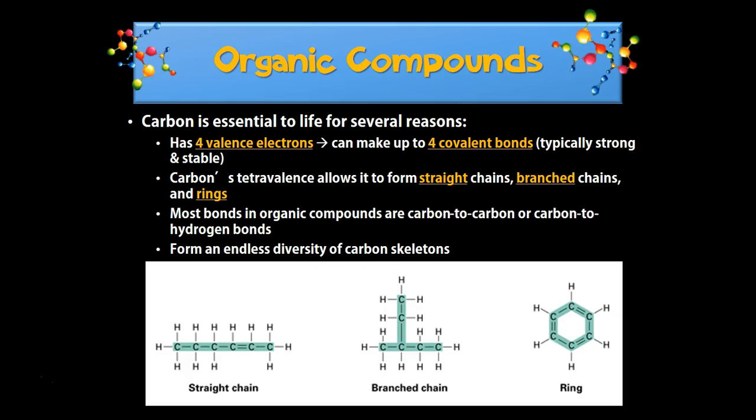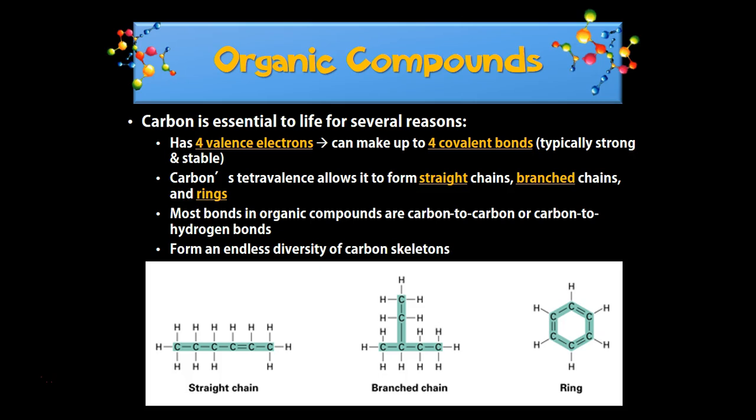So, why are we carbon-based life forms? Why is carbon, of all the elements on the periodic table, one that ends up being this basis for the molecules that we see in living things? And this really comes down to several properties of carbon itself. One of which is the fact that carbon is what we call tetravalent, or has 4 valence electrons, and as a result